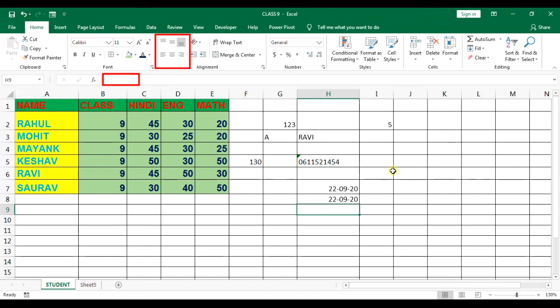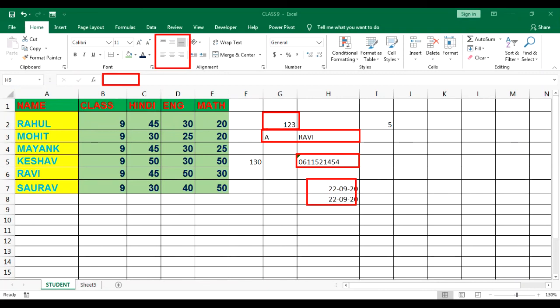So how many types of data can you enter in an Excel worksheet? First is number, second is text, third is number as text, fourth is date and time, and fifth is formula. Once again: this is your number, this is your text, this is number as text, for which you use the single apostrophe, and this is your date and time.